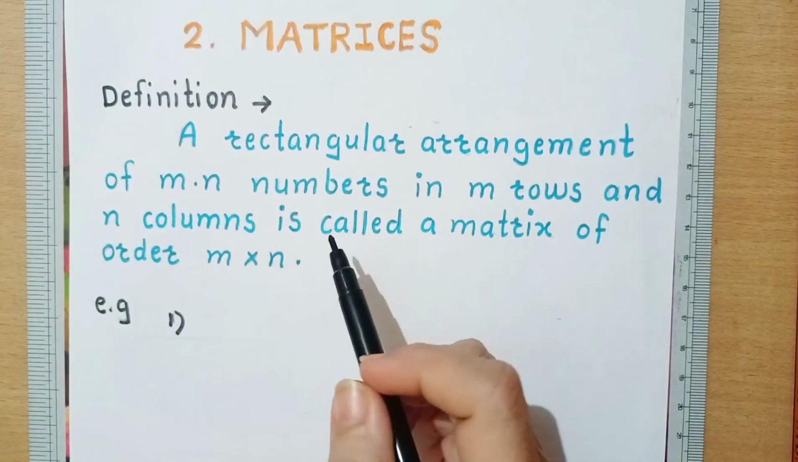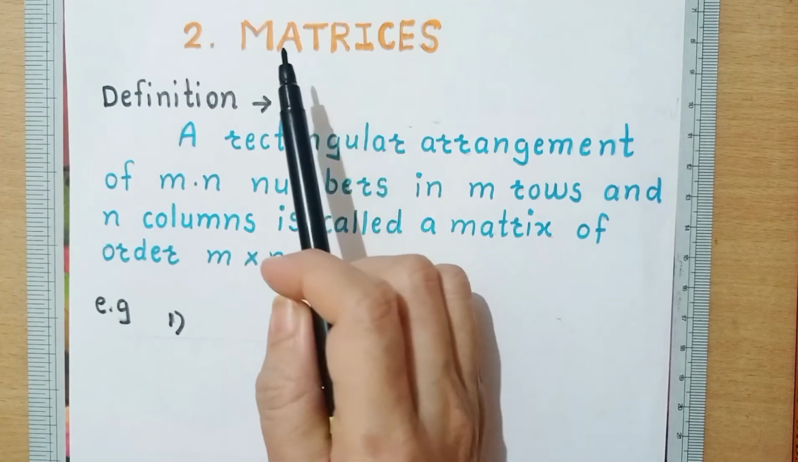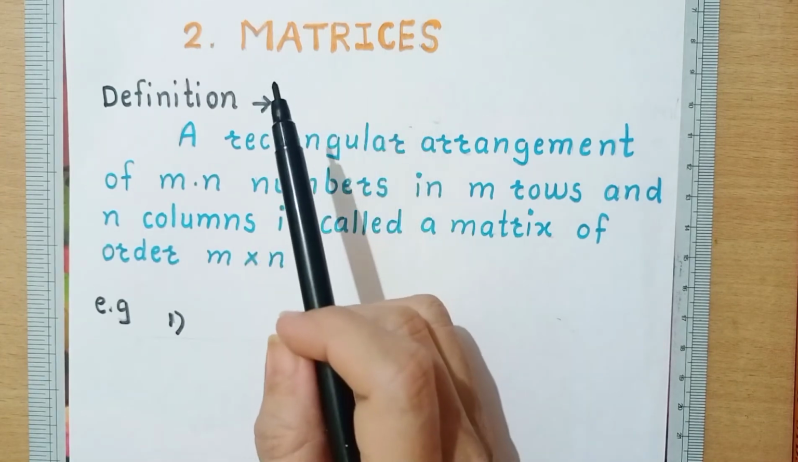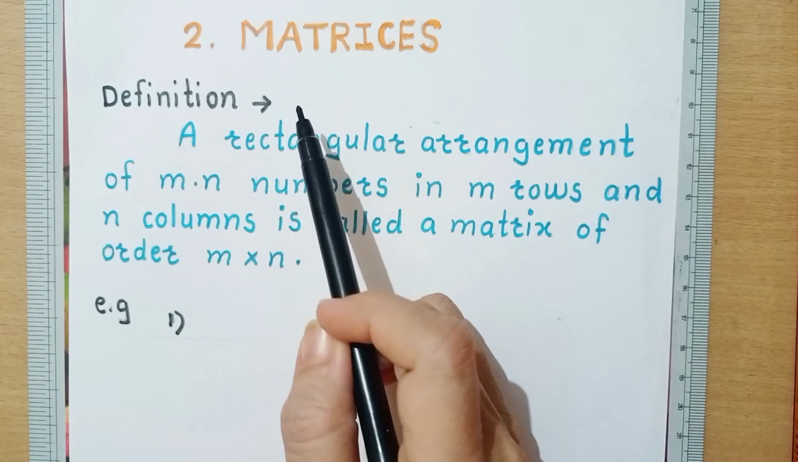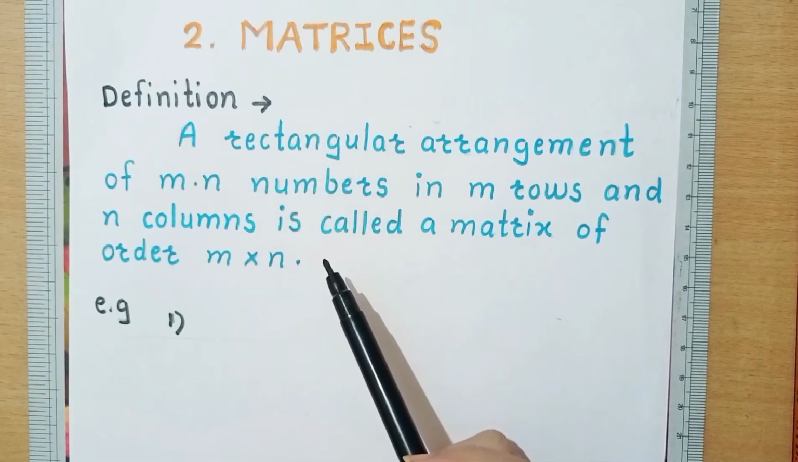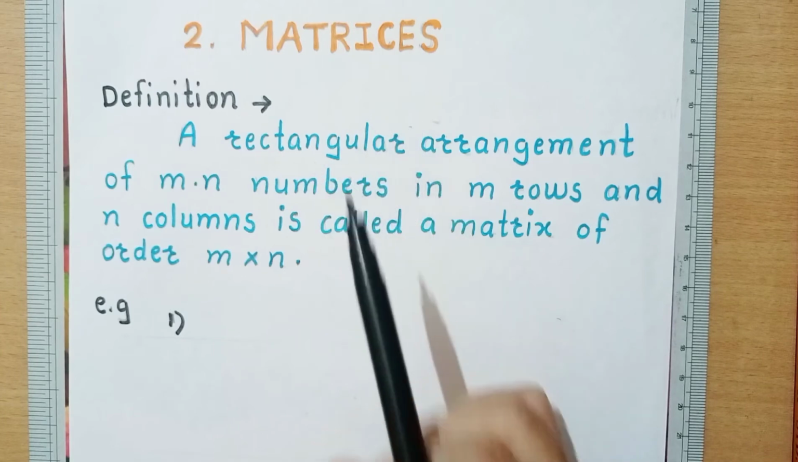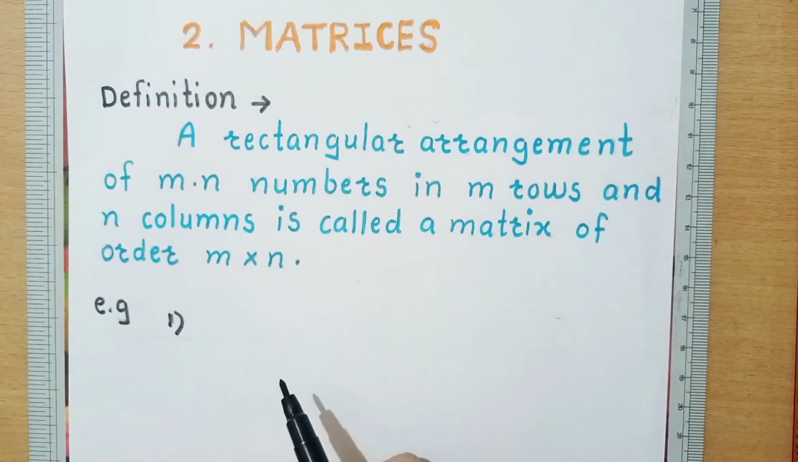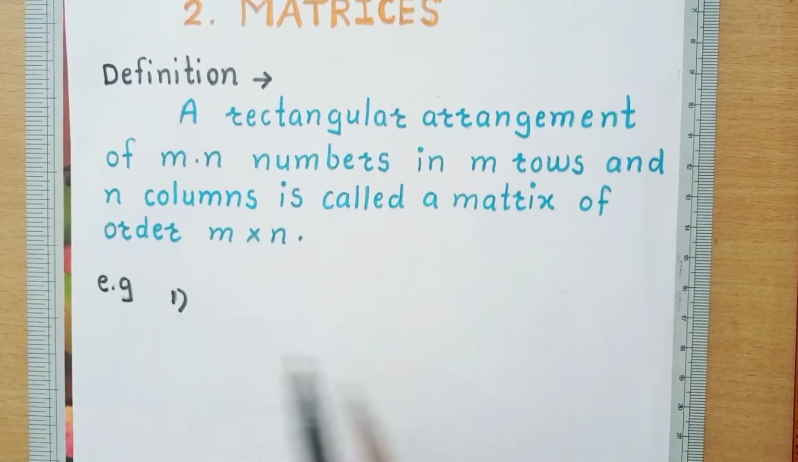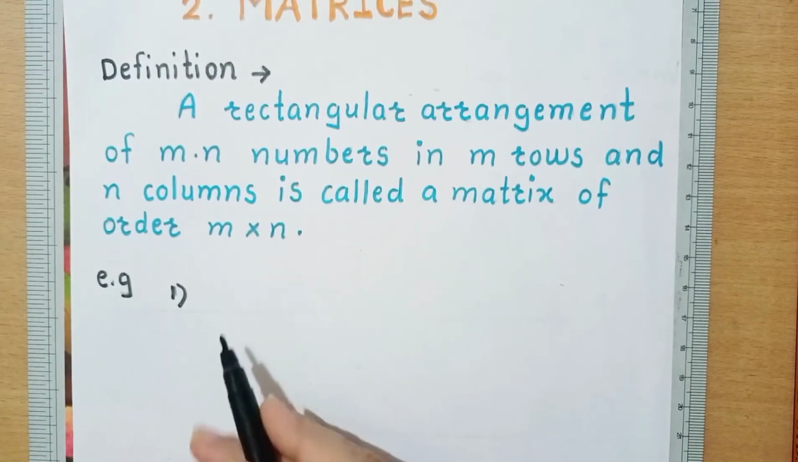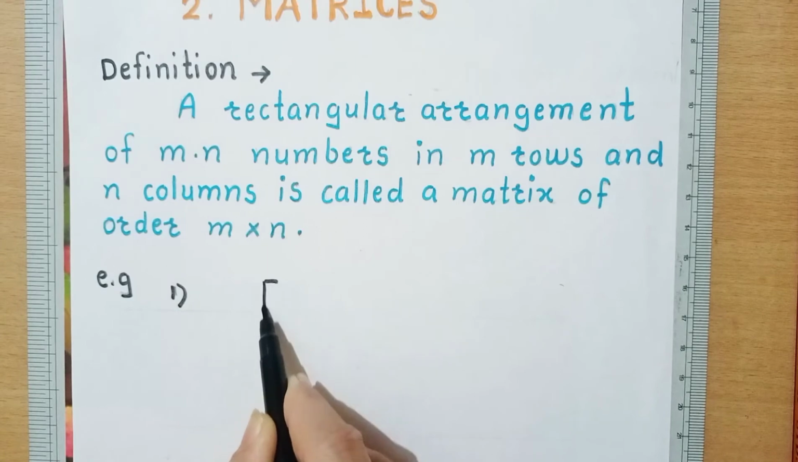Hi students, this is the beginning of our second chapter, Matrices, from Maths 1, and here we will revise some basic concepts related to matrix. We know that a rectangular arrangement of numbers is called a matrix. Let's check one example. Suppose